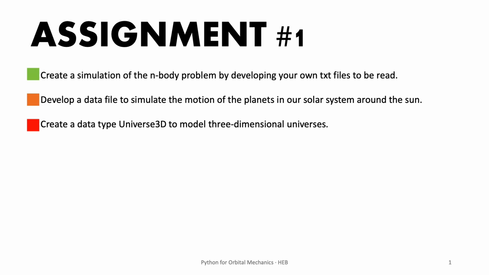Then the next one is to develop a data file, the same kind of TXT file, to simulate the motion of planets in our solar system around the sun. So not just two bodies, but how many planets in our solar system? Seven. Around the sun. And then the harder one, I guess, would be to create a data type, universe 3D, to model the three-dimensional universe. Because what we modeled is technically one-dimensional, because